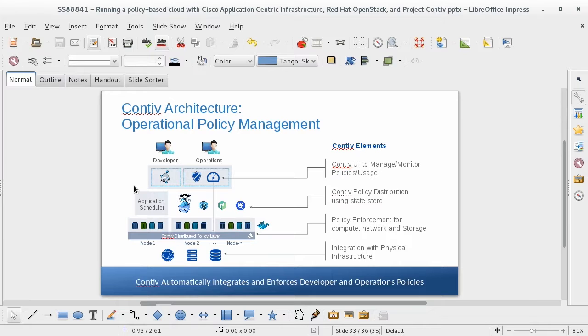And then there's a policy enforcement layer. If you're looking at Docker, these end up being Docker plugins to actually implement these different policies. Contiv currently has plugins for both storage and networking. On the storage side, it works primarily with Ceph. On the network side, it has a number of different modes. I'll show you in a little bit.